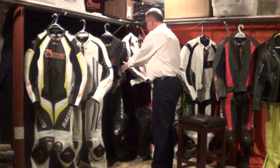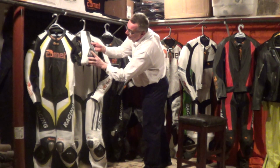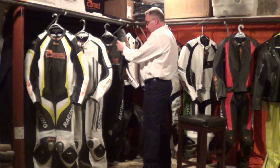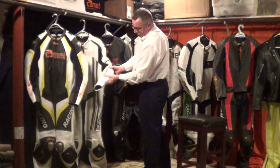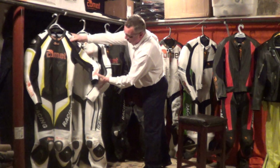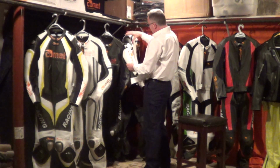Then we go to the jackets. They're very similar. Of course, these all have, I've noticed it, but they all have Kevlar titanium slide panels there. Accordion leather on every one. You can see, and they're all with the CE leather, Smith armor on top, I should say. Same thing with the forearms. Again, the external as well. Same thing here. Going to these, same thing with the jackets as far as the Smith CE armor on the